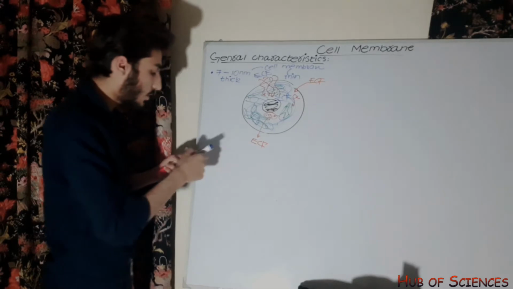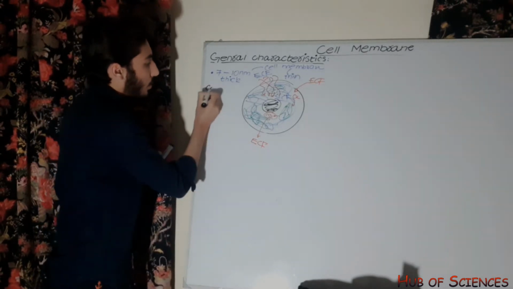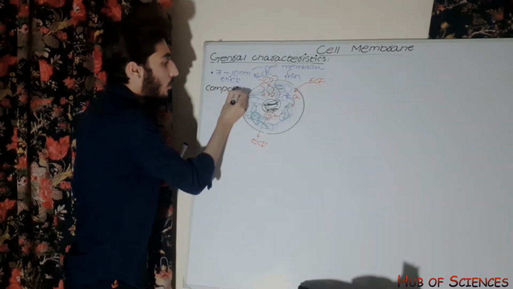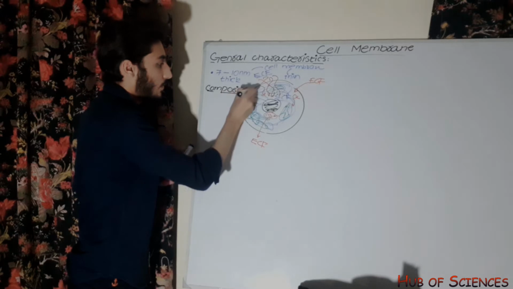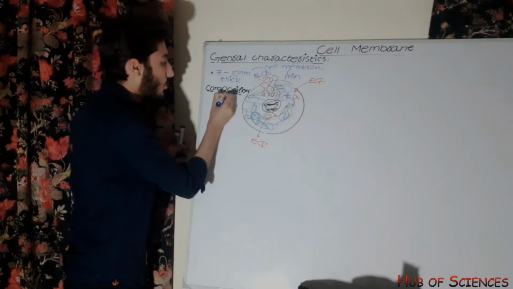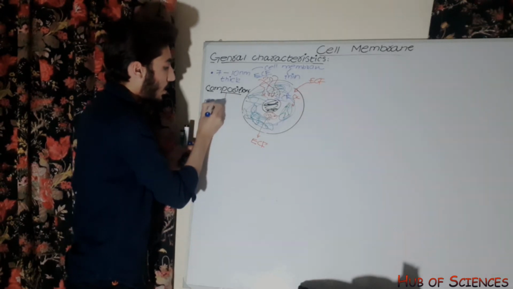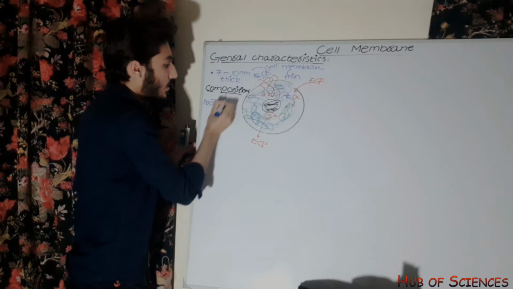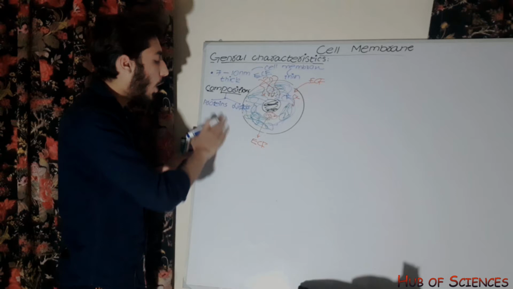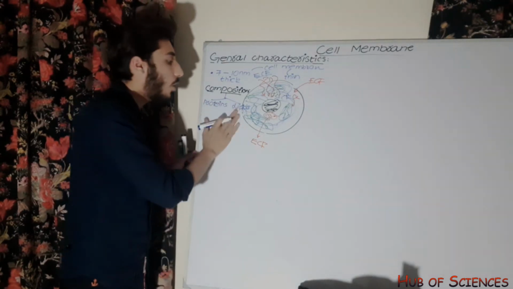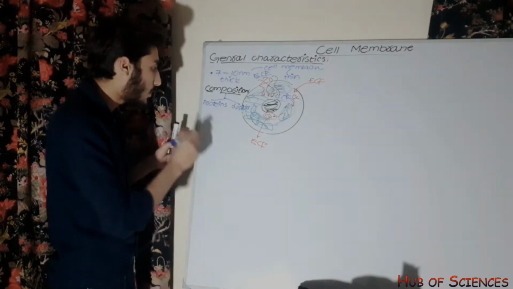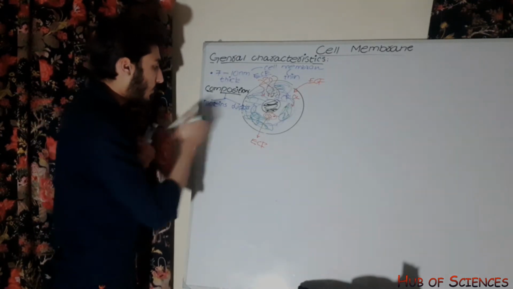Then what is the composition of the cell membrane? Which constituents make up the cell membrane? Mainly the cell membrane is composed of two constituents. The first one is proteins, which are made up of amino acids, and the second one is lipids, which are made up of fatty acids. Now how much protein percentage and how much lipid percentage contribute to make the structure of the whole cell membrane or plasma membrane? So about 55%